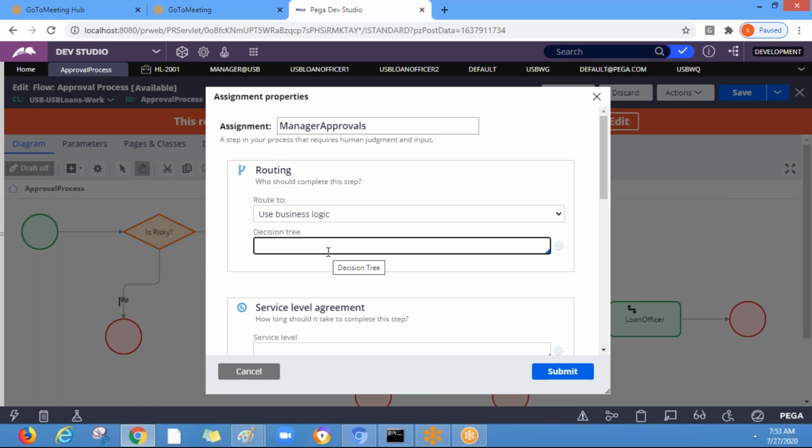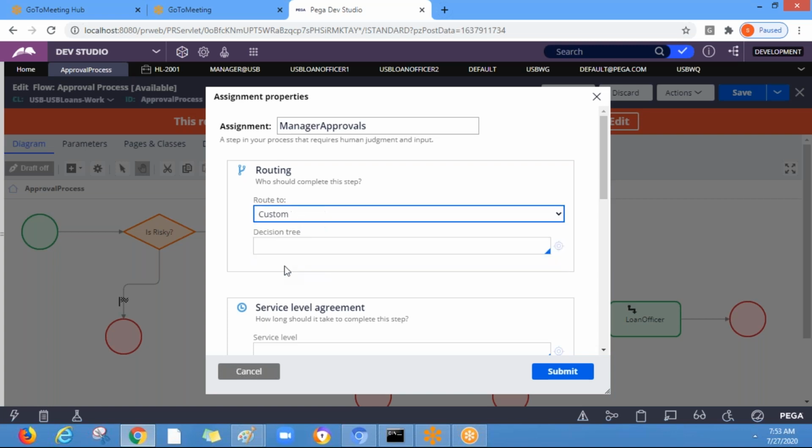If it is more than 60, it has to go to user 3. So likewise, you can specify the conditions and you can return the operators, and that decision tree you can invoke here. So in the runtime, it will return only one value, right? So it will be routed to that operator or work queue.